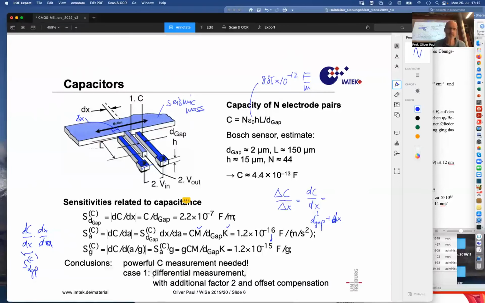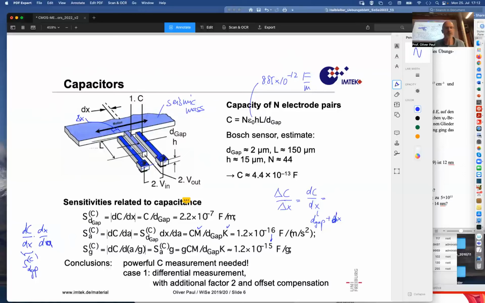And so in the case of measurement 1, of course, one has only one side where it increases, another side where it decreases. So one can do some offset compensation and maybe has a factor of 2 to calculate, but roughly that's what one can expect. On the other hand, if we measure this voltage-related thing, where we detect the voltage as a